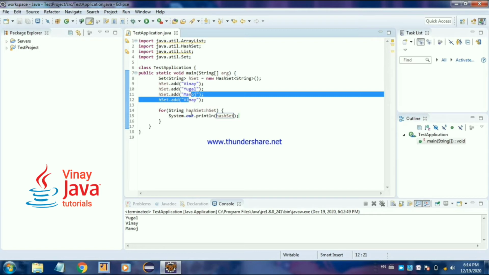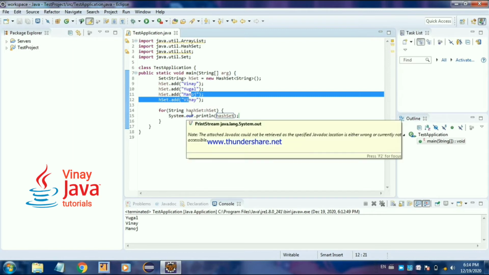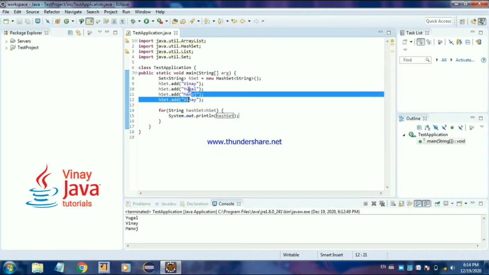So while iterating hash set, I should get in the same form as Vinay, Yugal, Manoj, but it is getting random order. So got it? So hash set does not preserve the order. It does not maintain the insertion order, whereas array list maintains.